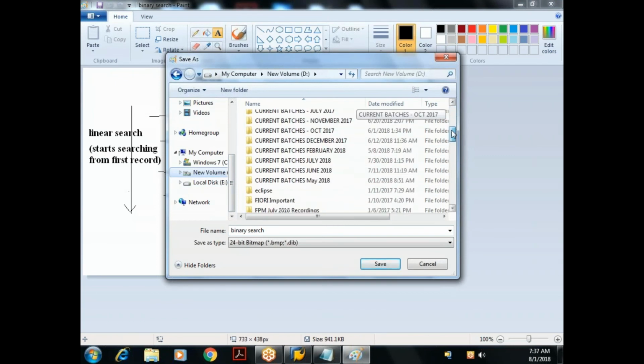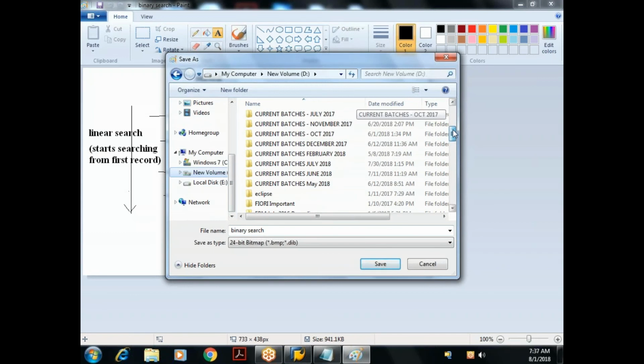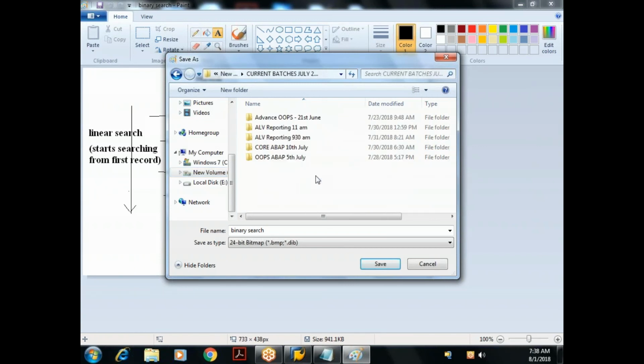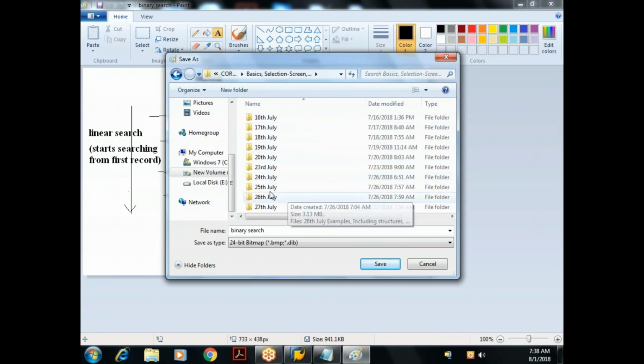I may not be able to send yesterday's recording because I'm unable to convert it. Suddenly the power went out, so it got corrupted. I'll still try whether I can do the conversion or not. Otherwise, anyway, I'll send the notes that you can refer to. I'm getting some conversion error. I'll try once again. If it is working, fine. Otherwise, just refer to the notes for yesterday's session.